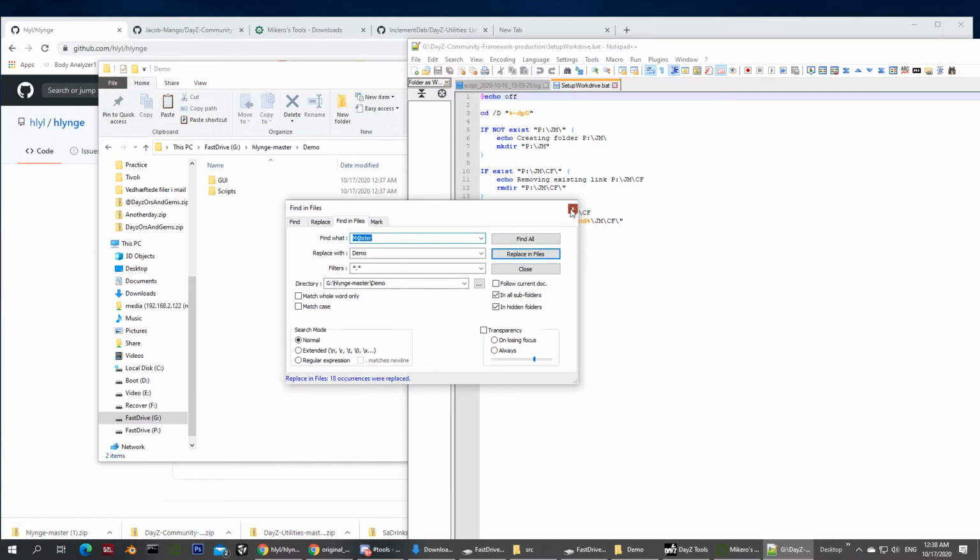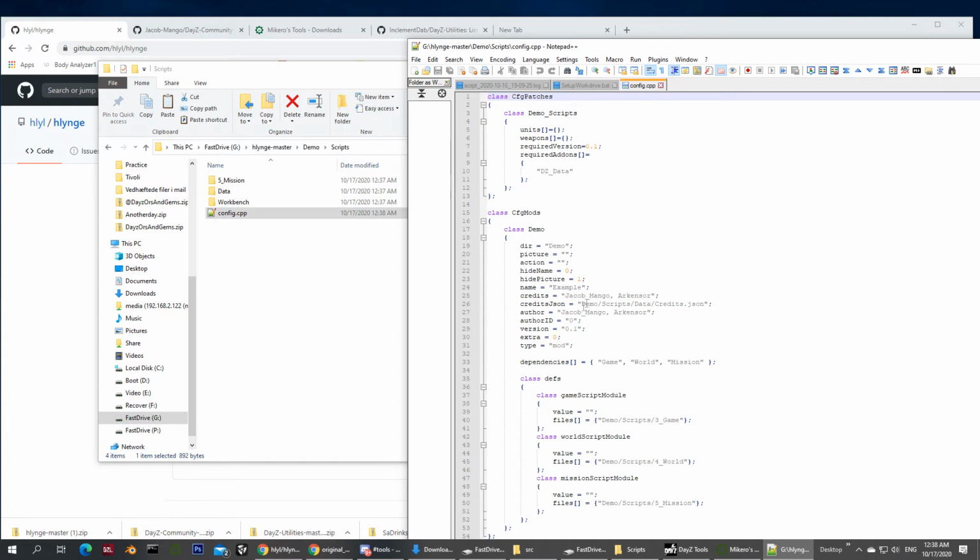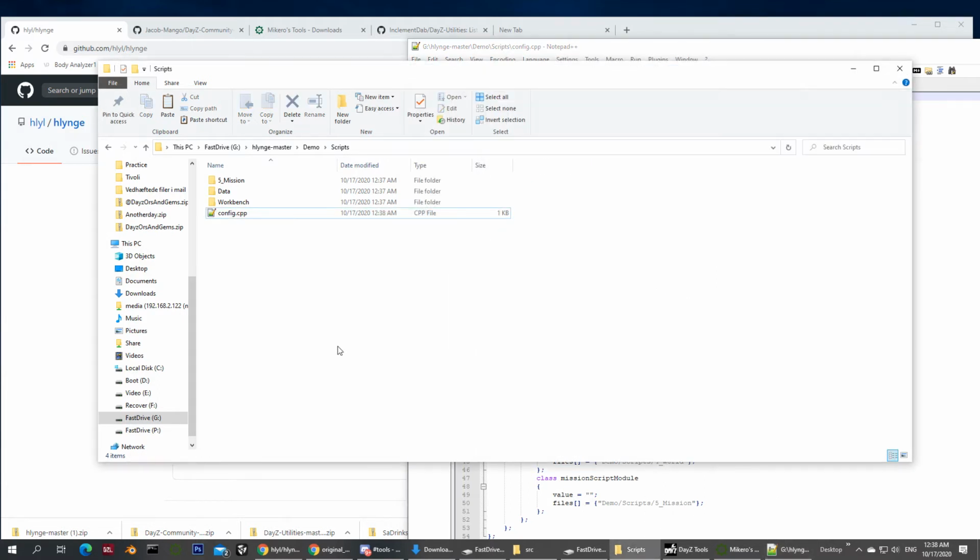So I have now, for all scripts included in here, for all references, I have made sure that what was previously master is now renamed to demo. So I have a config here that contains the example, the name of the directory, and so forth. All references are as they are supposed to be. I have in the workbench, I have the days gproc, I have the project and user configs, I have bat files and editors all set up correctly.